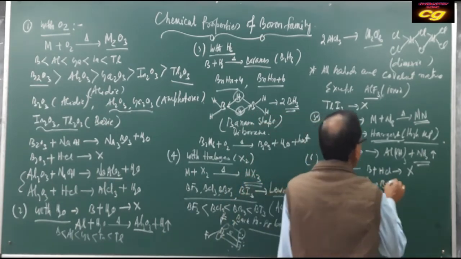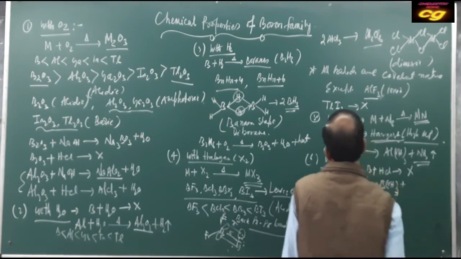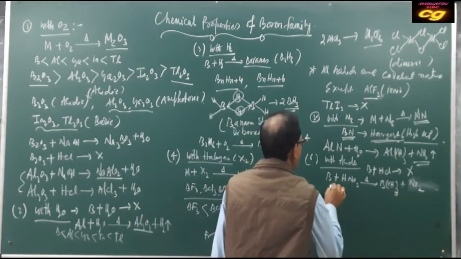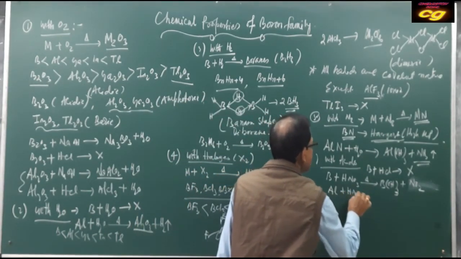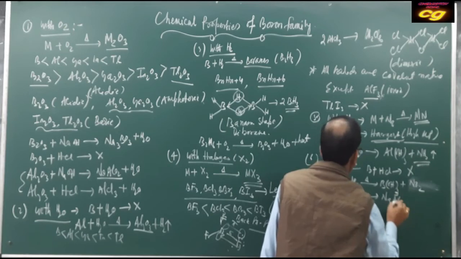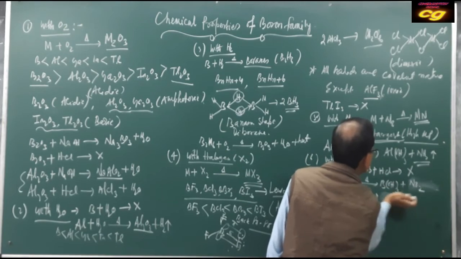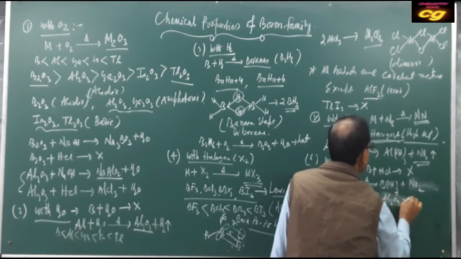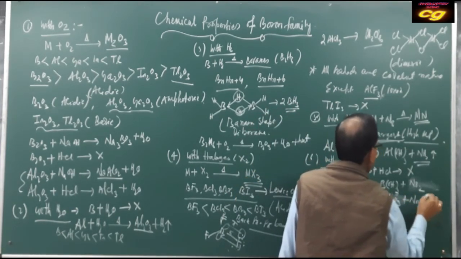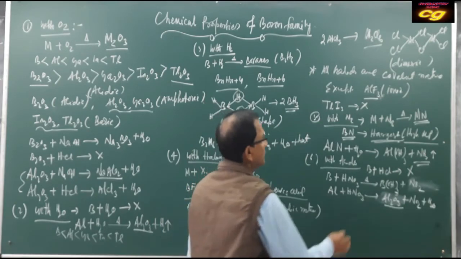It produces boric acid, B(OH)3, and NO2. Similarly, aluminum reacts with nitric acid, forming aluminum oxide, NO2 and water. And due to the formation of this aluminum oxide, which is very stable,